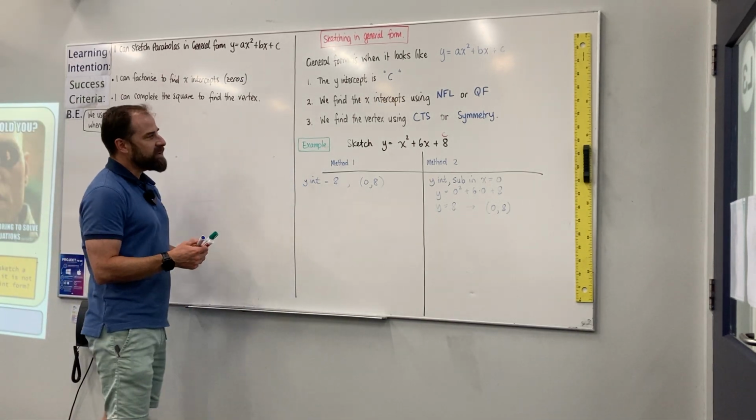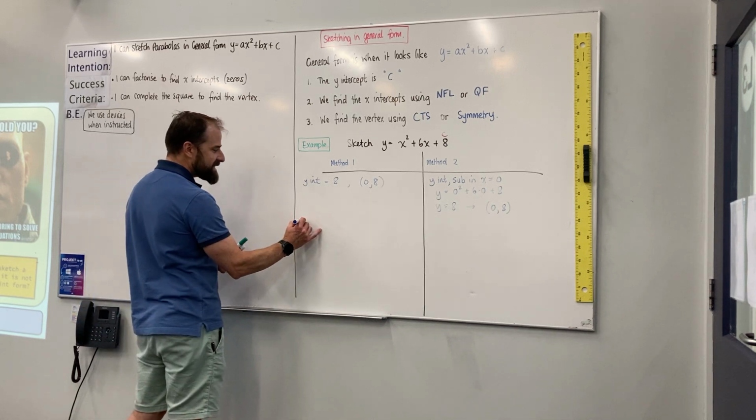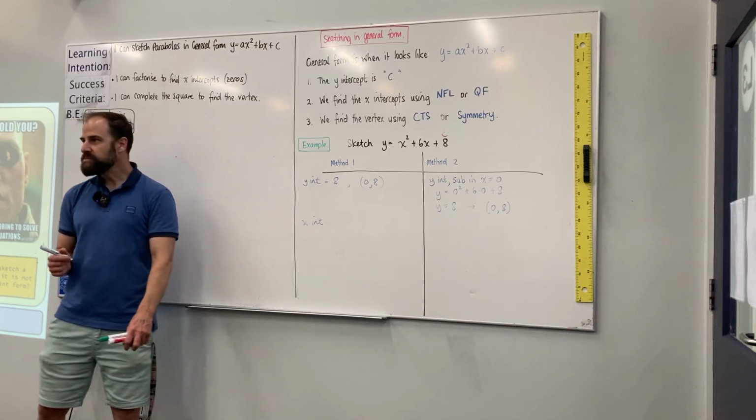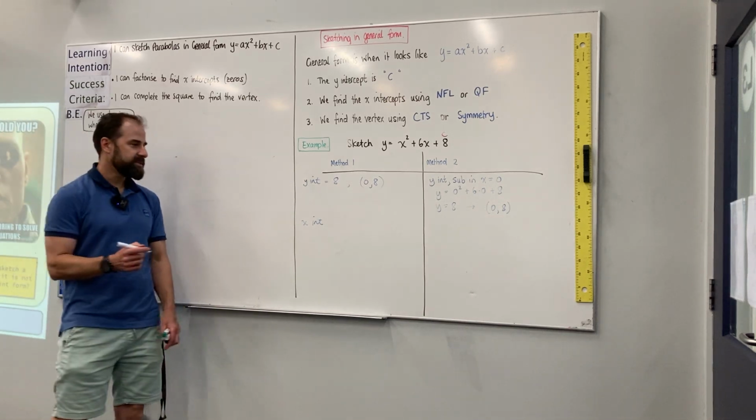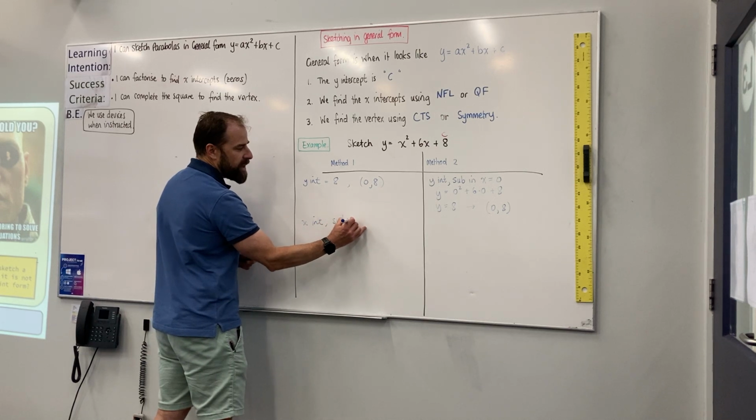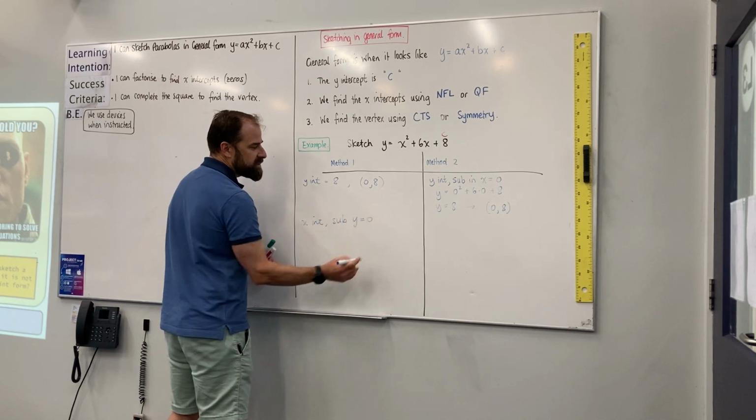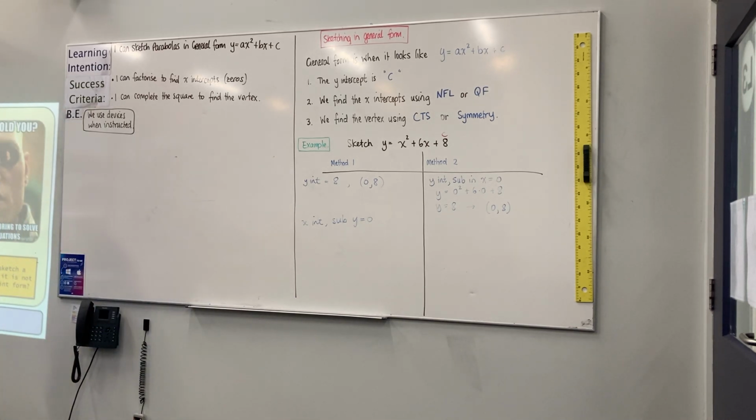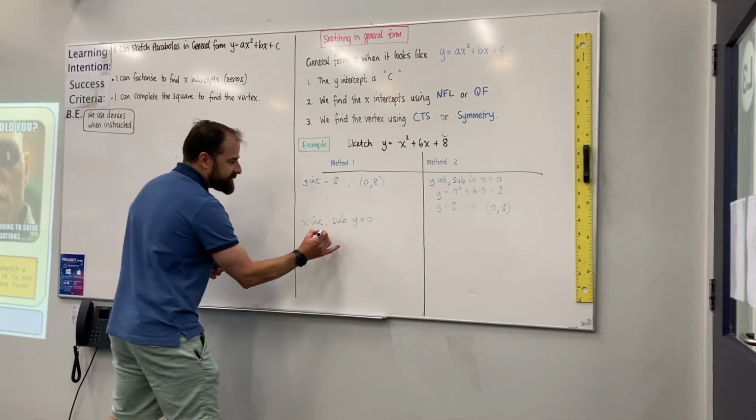Okay, the second thing that we have to find is the x-axis intercept. So again, I've got two methods for finding the x-axis intercept. Both of them involve this first step where we substitute y equals 0. This is the same as we did with all of our linear graphs. The x-axis intercept occurs when y equals 0. So when I substitute that in,